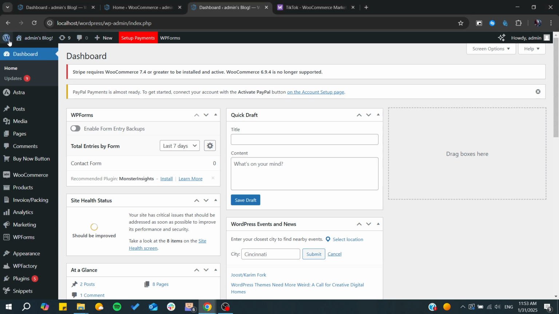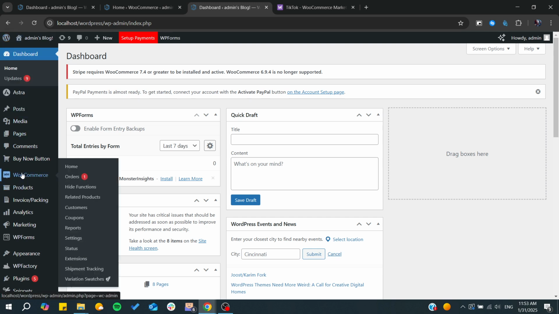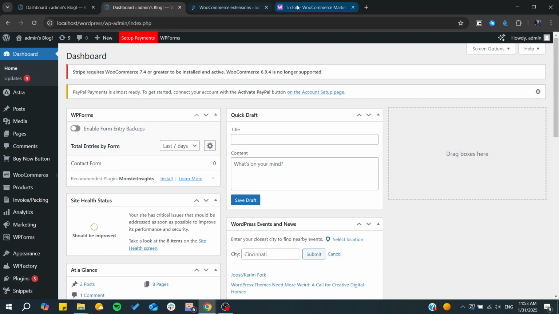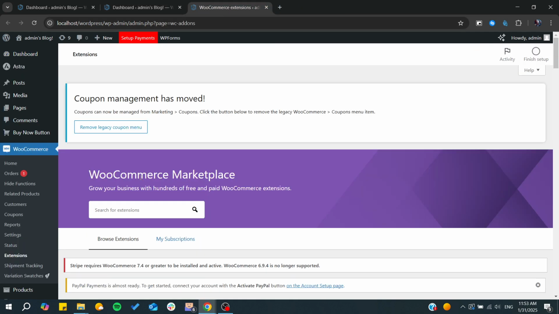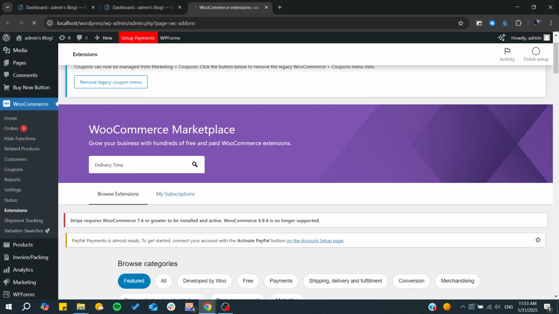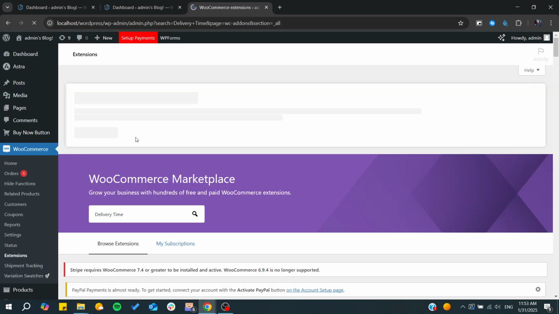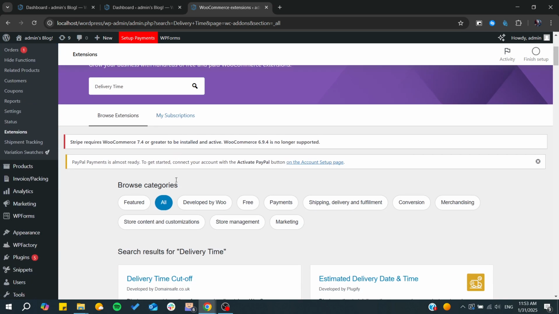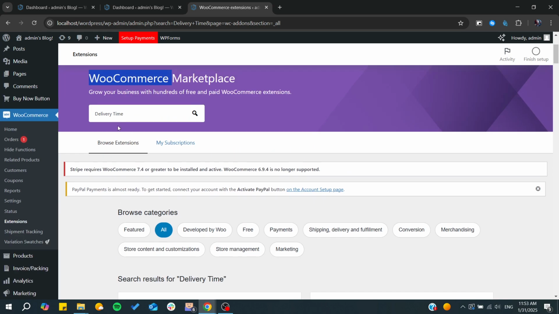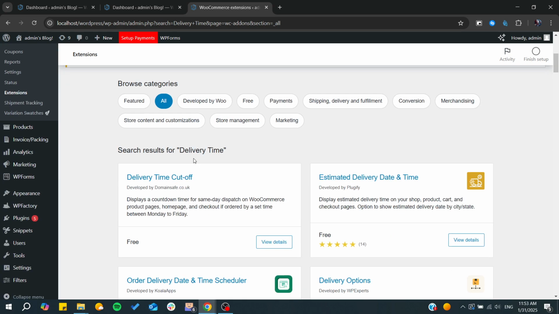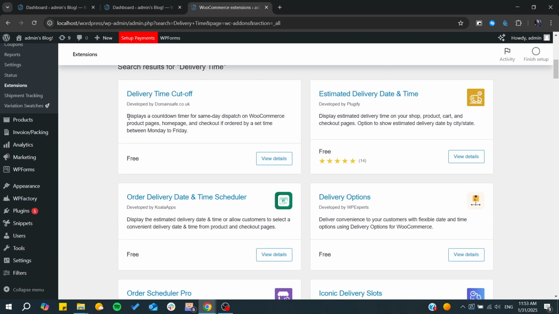Simply, you will need to go to the admin panel of WordPress, and after that, we can go to the WooCommerce plugin, go to extensions, and basically, we will find some extensions that add this feature. So either you can add it to your WooCommerce directly in your account through the WooCommerce Marketplace, and basically you can display a countdown time for the same day dispatch on WooCommerce,